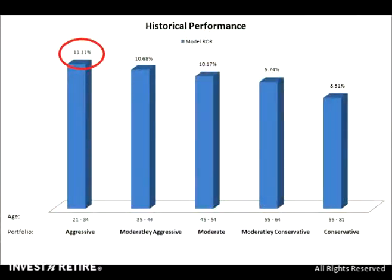Now, even despite these impressive returns on the models I just presented, like I mentioned earlier, we can offer the best performance in the world to participants, but if they're not contributing enough, they're not going to be able to meet their retirement goals. And this can be conveyed clearly through a retirement calculator that works with the asset allocation models and your company's payroll information to easily convey what participants need to contribute in order to reach their retirement goals. For example, if we look at the graph I just used and focus on the return of that aggressive model,